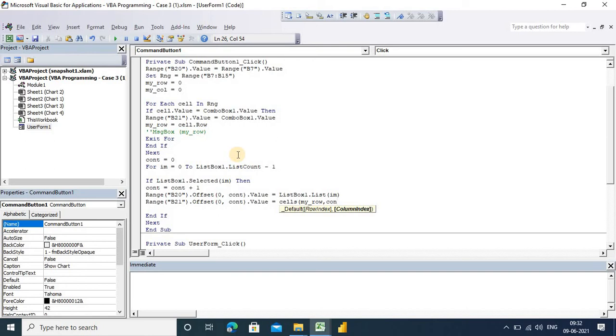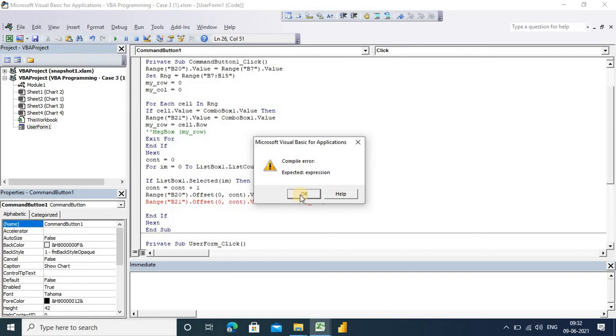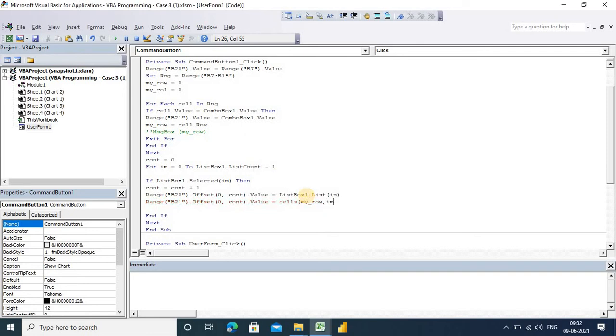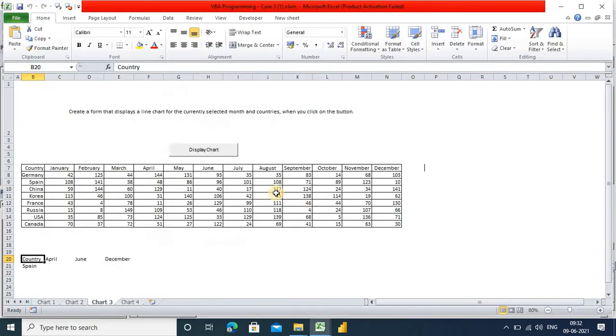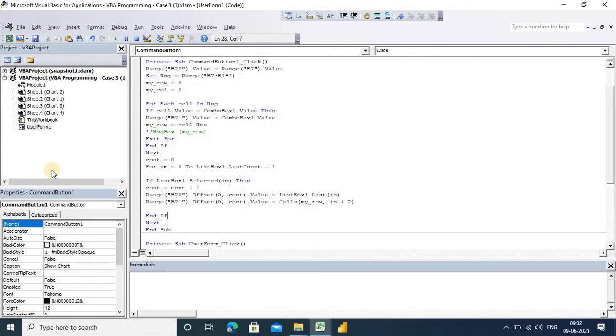So we have the column number here. What is our column number? Offset dot count, List(IM). So whatever is in this list we'll have to divide, plus 2. Okay, why plus 2? I am telling you, because it is starting from this. Okay, January, February. So between this there are 2 column gaps. So that's why I have added 2 here.